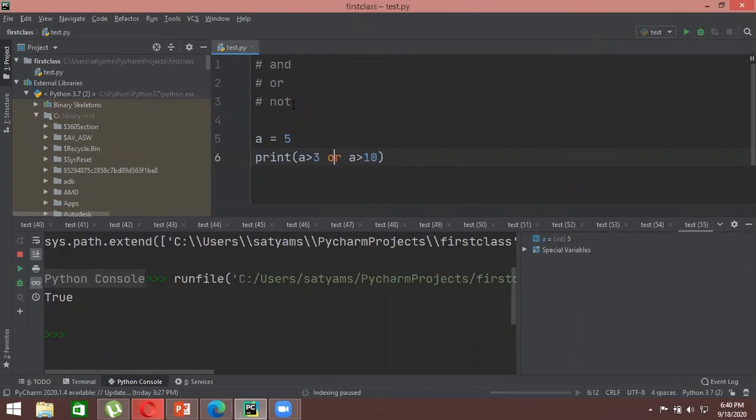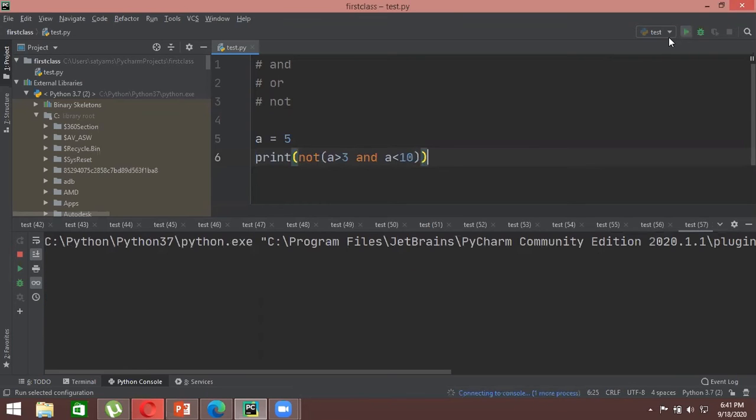Now always remember, you won't be using not here. You use not to always negate an already existing statement. Let's say my already existing statement was print a more than 3 and a less than 10, and we know for this Python gives us a value of true. That means both of the statements are true, but I want to negate this statement. So how would I do that? Just add a not before your comparison statements here, and then print it, and it will negate the whole statement.